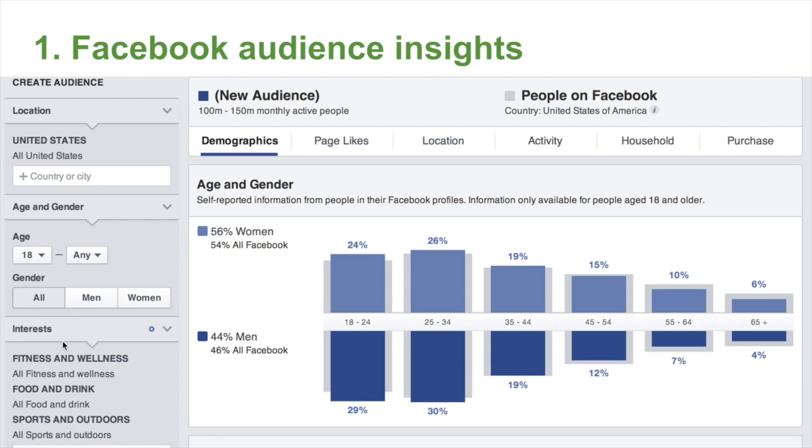So we can type in the types of interests that you think those people have: fitness and wellness, food and drink, and sports and outdoors. We can put that information in, target both genders and all ages, and then Facebook Audience Insights will give us a lot more information back. So the age range of most of the people is between 18 and 34, and it will let us know whether there are more males or females